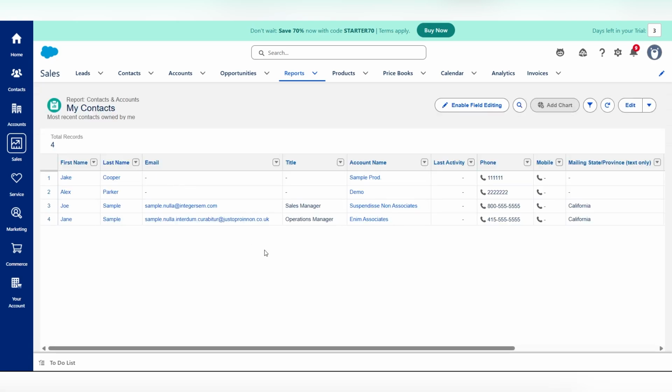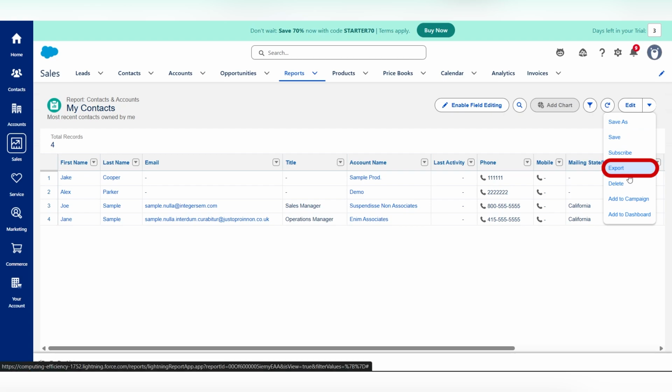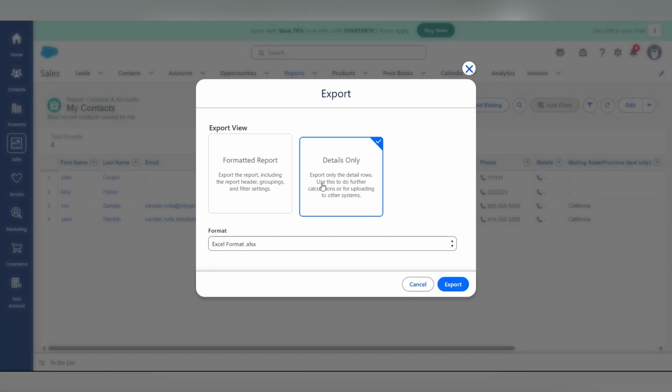After opening the report, locate the inverted triangle next to the Edit icon and click on it to open the Additional Options menu. From the drop-down, click Export. You'll now have the option to choose either Formatted Export or Details-Only Export, depending on how you want your data